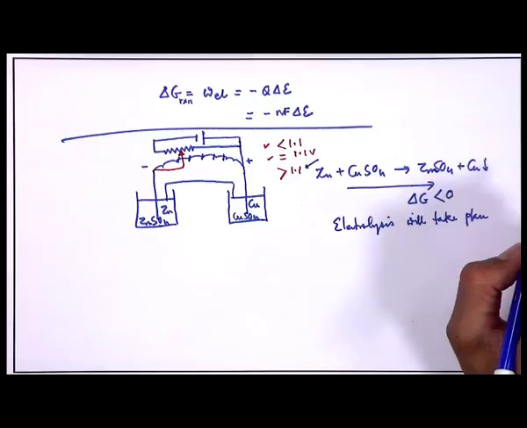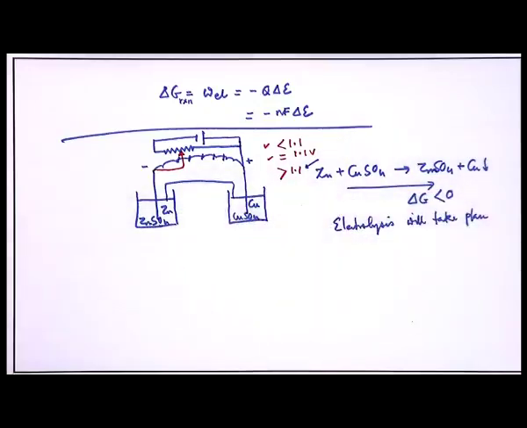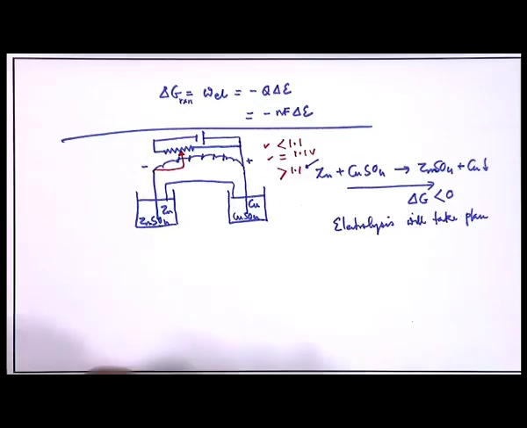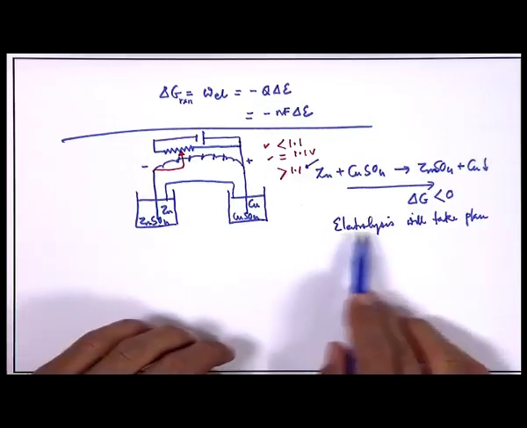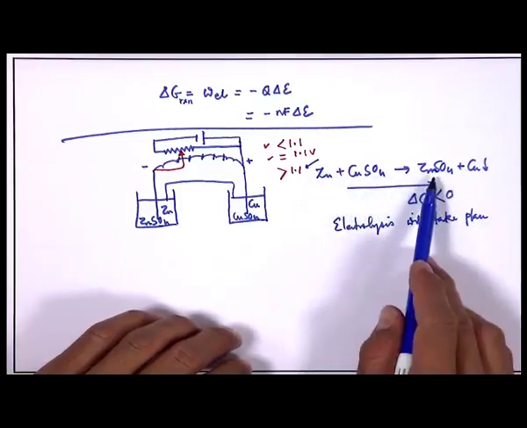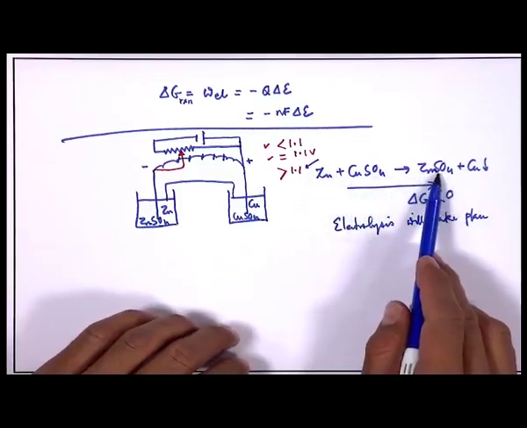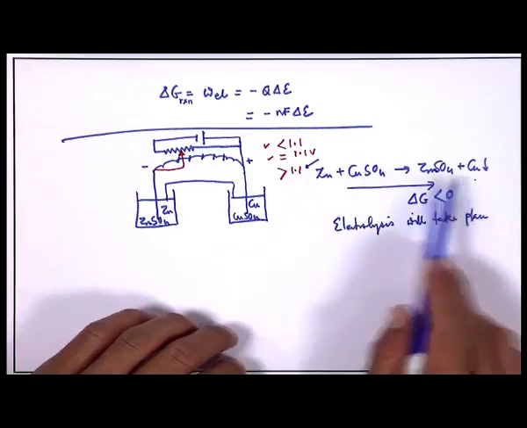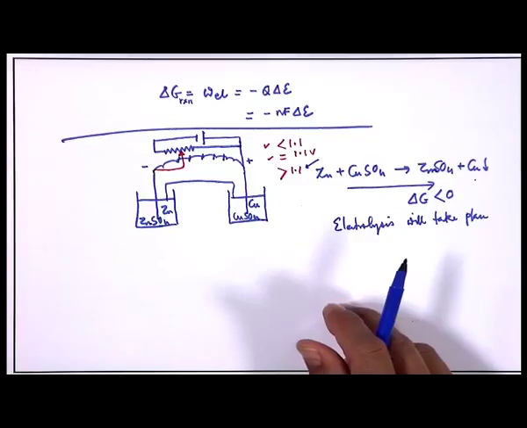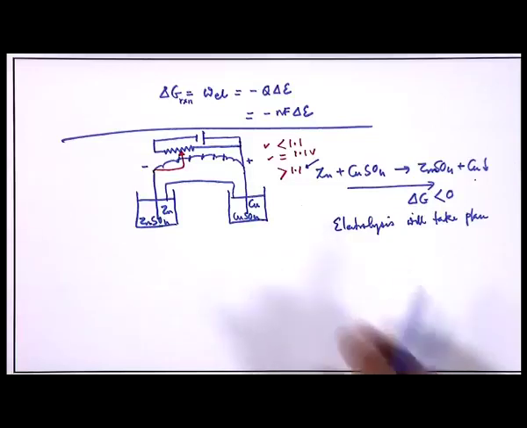That means the original reaction will be overcome by the electrolysis of the process, where zinc sulphate will become zinc and copper will become copper sulphate. So, basically this is going to happen. Okay. So, therefore,